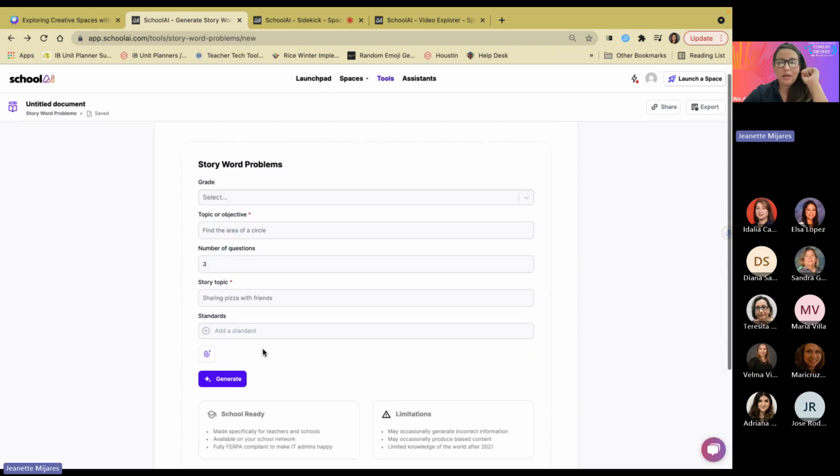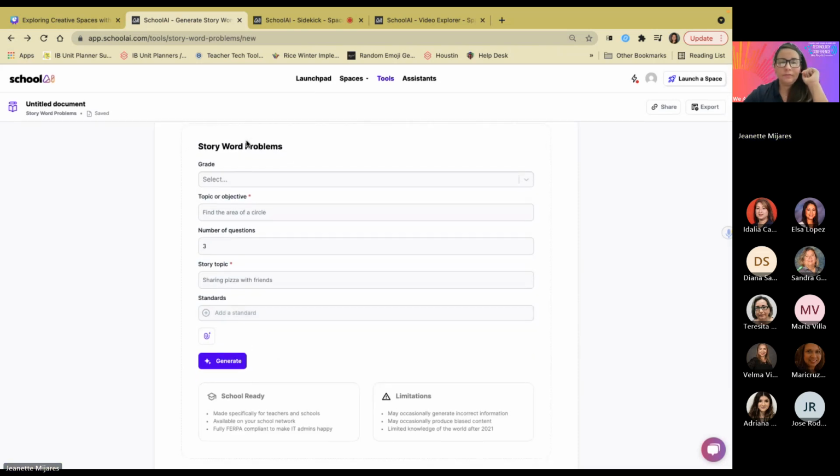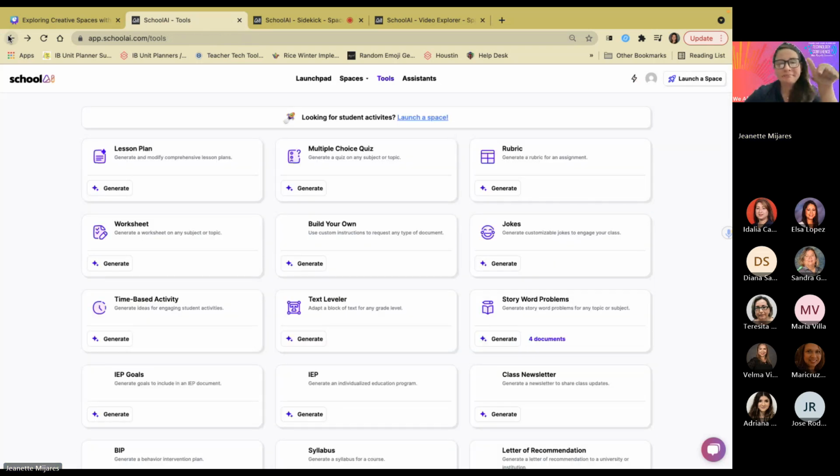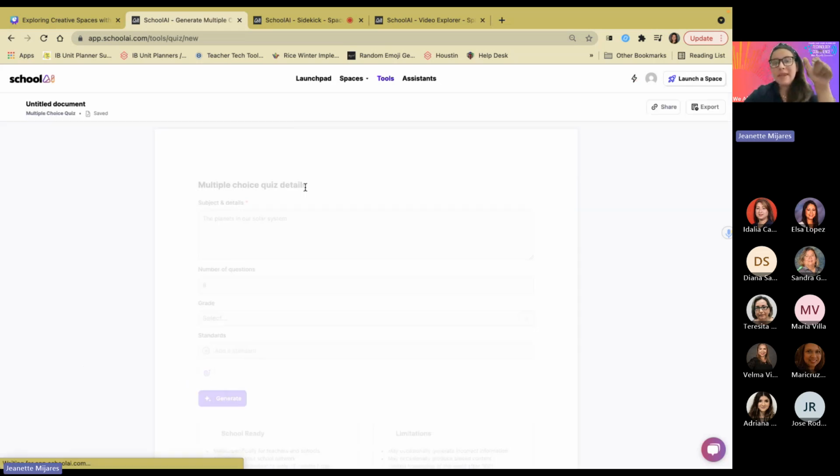So here, let me see. I don't see the section where it has the I think it only does open-ended, but if you go back, you will see that it has multiple choice quizzes. So maybe we can open up that multiple choice quiz,